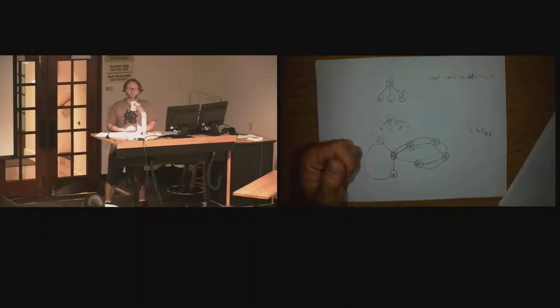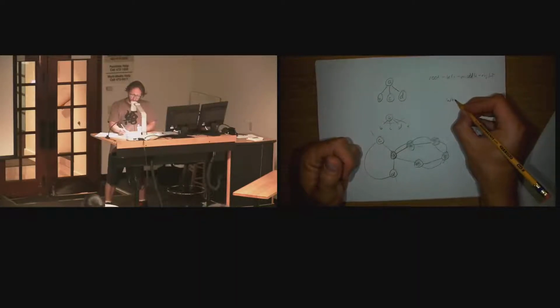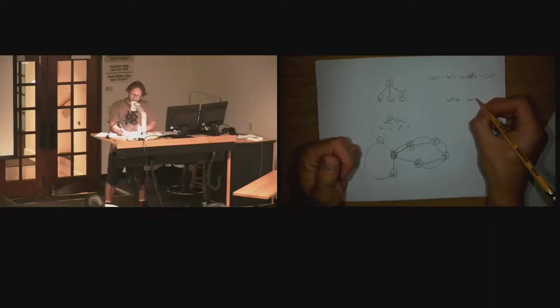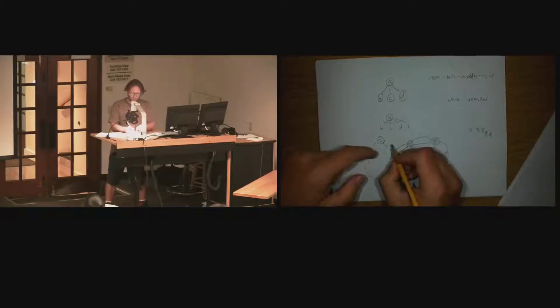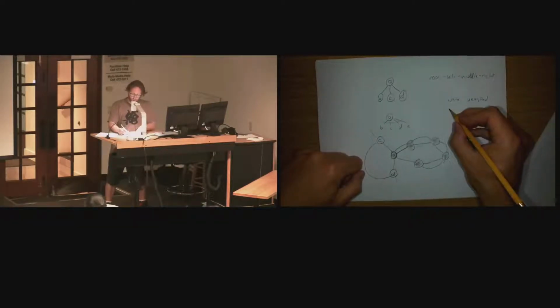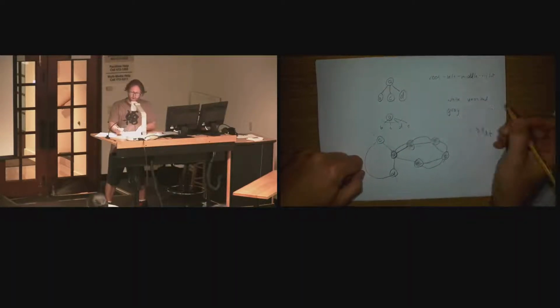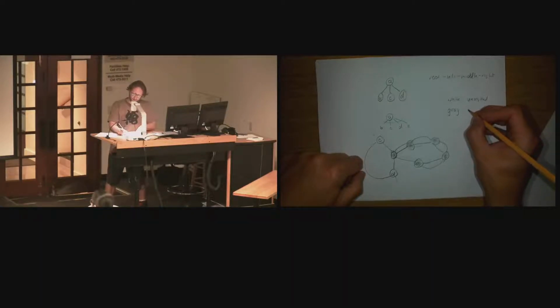We're going to color our vertices. White vertices are going to be unvisited. In other words, you still have to go to them. Gray vertices, are we AY or EY? I forget, English or American. EY, are we? Oh, we're AY, okay. Gray, visited,